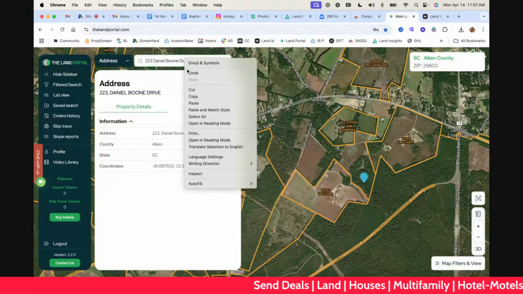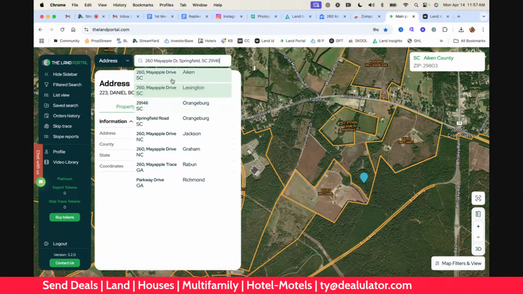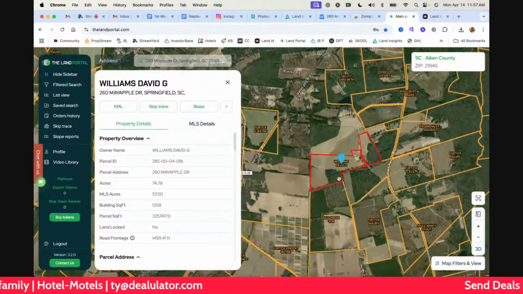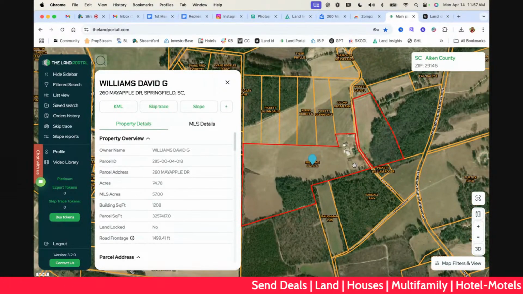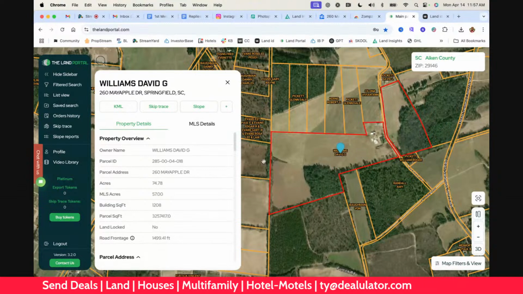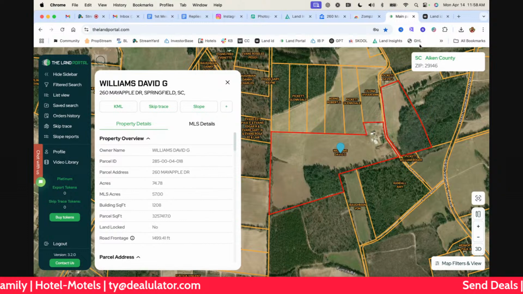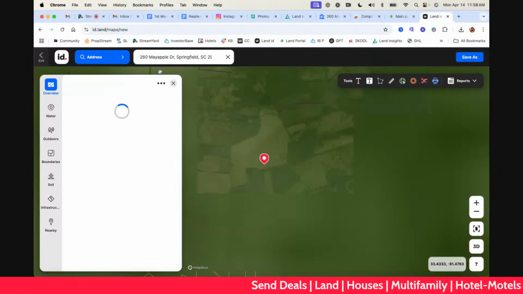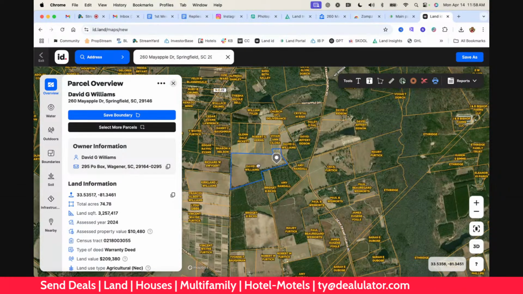Let's see if that's the same thing in the land portal. All right. That's showing a little different. Oh, it's across the street too, which would be lovely. Oh my God, that would be great if it's all across the street too. Well, no, because that says 74 total, so they must not be selling that across the street. Let's see if it shows the same thing in land ID. Well, it's the same owner.